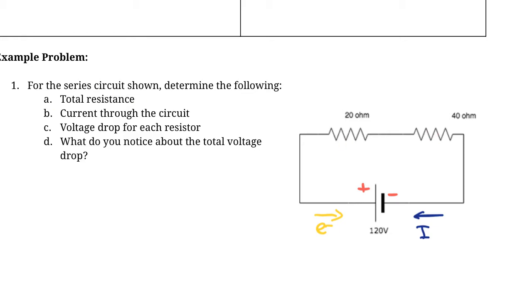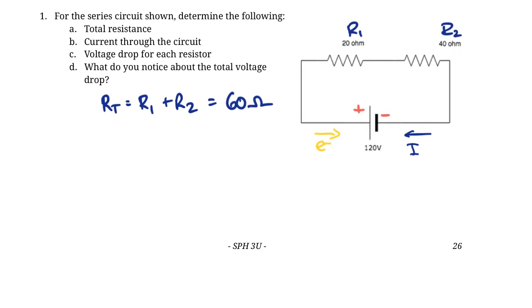The first question here is asking us to find the total resistance of the circuit. And what that means is, can we look at these two resistors as if we combine them into one resistor? And it's actually very simple. The total resistance of a circuit, so RT, is just going to be equal to R1 plus R2, if we call this R1 and this R2. So it's just the sum of the resistors in the circuit when the resistors are in a row like this, because the current has to make its way through both of those resistors. So you can treat those as one resistor, which is going to be a 60 ohm resistor. So it's almost as if this circuit is equivalent, if we forget about these two resistors here,